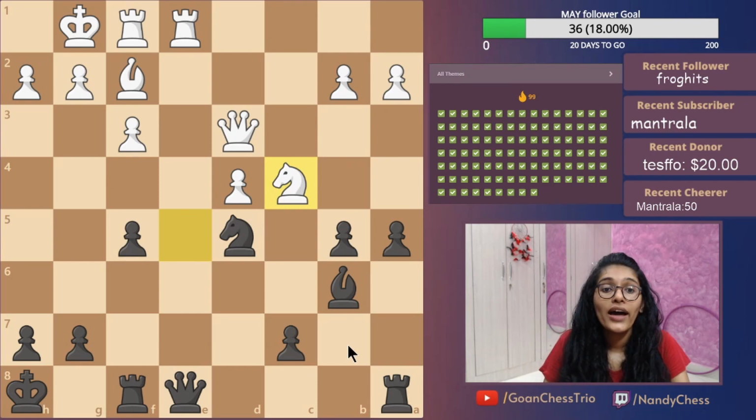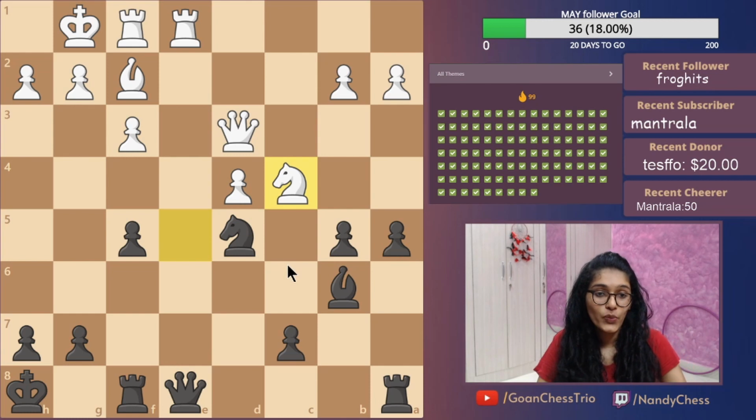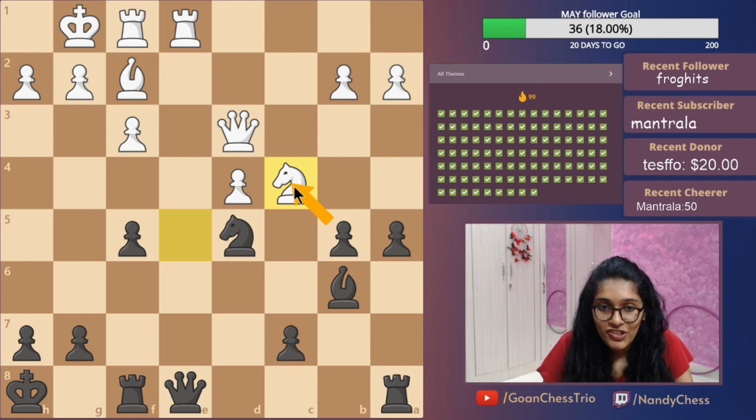Go to the next problem, and I am stopping after this. I'm going to stop after this. Okay, so the point is, what do we do over here? Material wise, we are completely equal in this position. What we can do in this position is just pick up the knight and